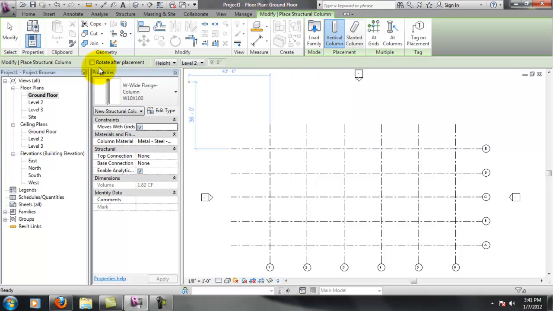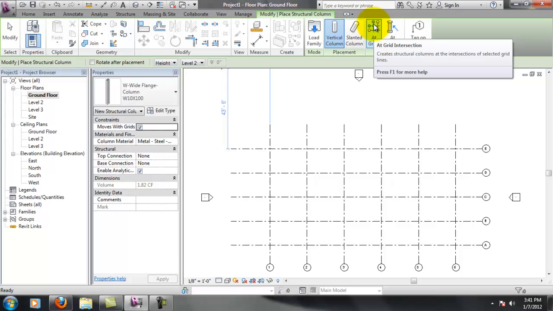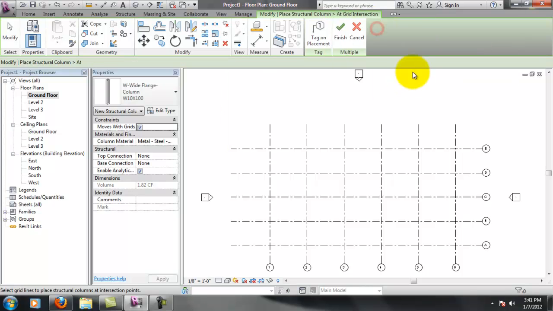So all of this information is going to be different depending on what exactly it is that we're selecting. This is all relevant to the Modify | Place Structural Columns tab, and you'll notice that this changes. The important thing to see here is we've created grids, so I can create an intersection of all of my grids